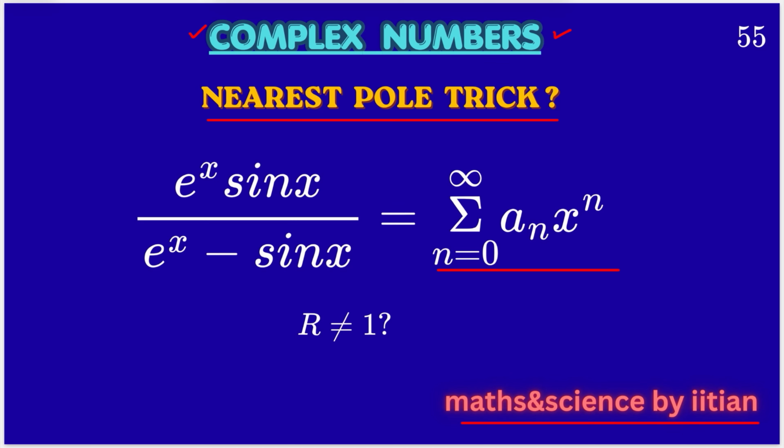Here, function x is given as e to the power of x into sin x divided by e to the power of x minus sin x, that is equal to summation from n is equal to 0 to infinity an into x to the power of n. We have to find out an and x to the power of n as a summation of series, so that we will get the value of this function x, a ratio of two trigonometric functions involving complex numbers and Euler constant e,